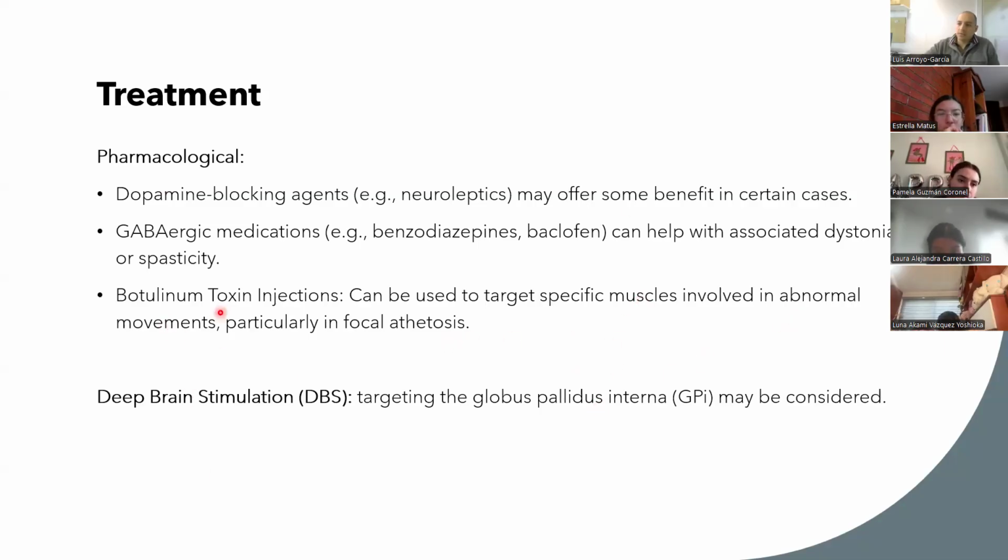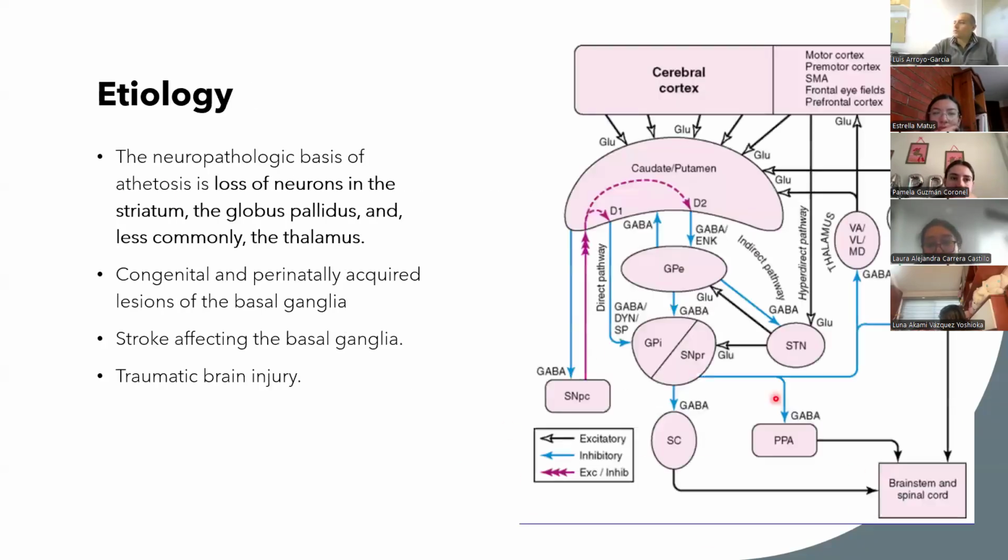And here we start with the deep brain stimulation. So it's the same as in Parkinson disease. We just need to have the focal region of interest that we need. In this case, if we go to the globus pallidus interna, we could actually make around a 50% improvement in these patients. Okay, so